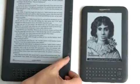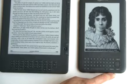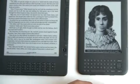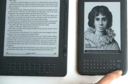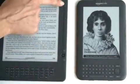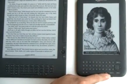The joystick that we know from all Kindles here has been replaced by a 4-way D-pad, something like a cell phone D-pad. At first I didn't like the joystick, but once I got used to it, I find I actually do prefer it a bit to the D-pad, but that's not much of a deal breaker. What can be annoying is you've got to be careful if you're hitting the corners here. You might accidentally hit these buttons, which are pretty close, because the menu, back, and home buttons that used to be on the side spine have been moved to the keypad area, so Amazon could make this 21% smaller than